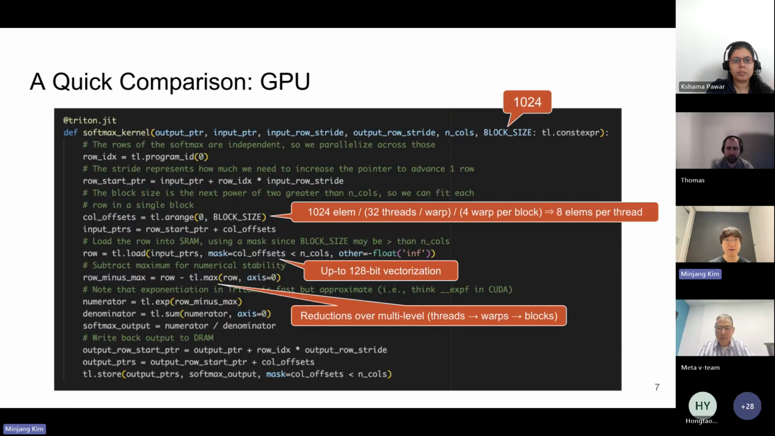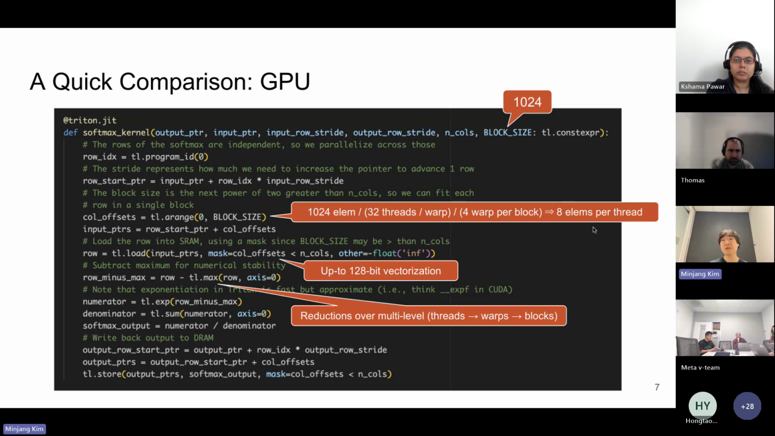Here is a very quick comparison. This is the very simple softmax example. Say that we have a 1024 block size. This is the beauty of Triton, right? We are giving an illusion of handling the block size, but the actual generated code is for the CUDA thread. So here, by default setting,